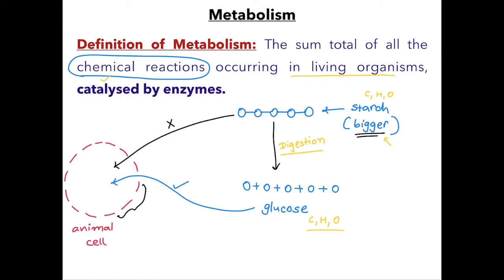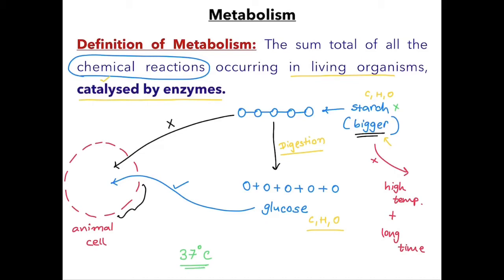Now coming back to the keyword, which is catalyzed by enzyme. So what does it mean? Consider that you want to digest the starch inside your body but without enzyme. Then it is not possible to digest this starch. Why? Because it will require very high temperature, as well as it is going to require very long time to digest into glucose. But we know the body is having a fixed body temperature, which is 37 degrees Celsius. Meaning the starch is not going to be digested inside our body at this lower temperature.